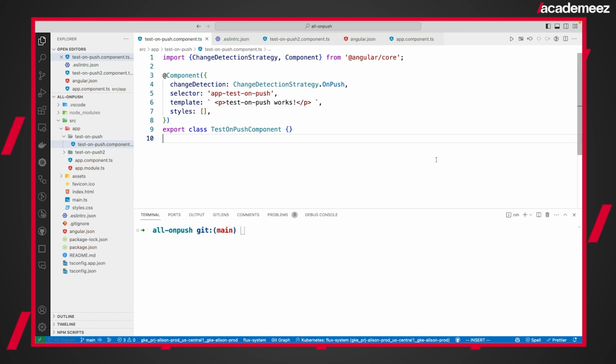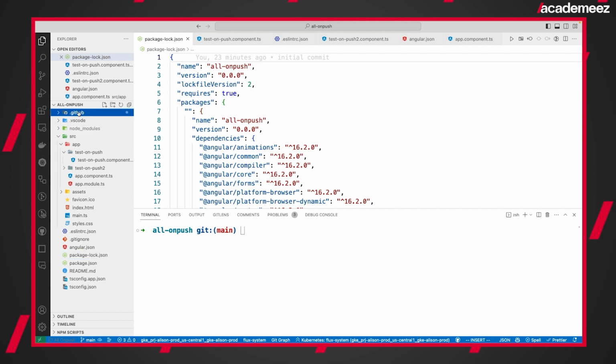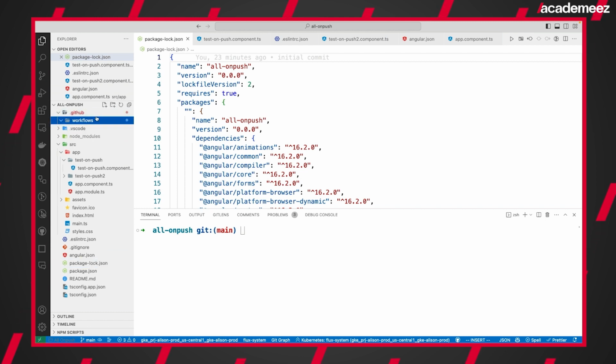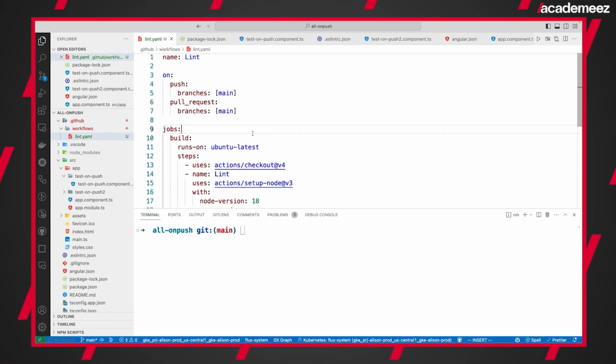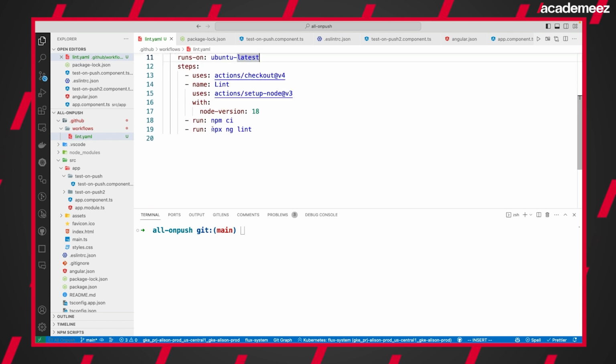It's best to configure your CI to automatically run those lint tests. In this example, we'll set GitHub Actions to run ng-lint. We're setting up the CI so that every push to the main branch, every PR to the main branch will run ng-lint. Now, if we push our code,